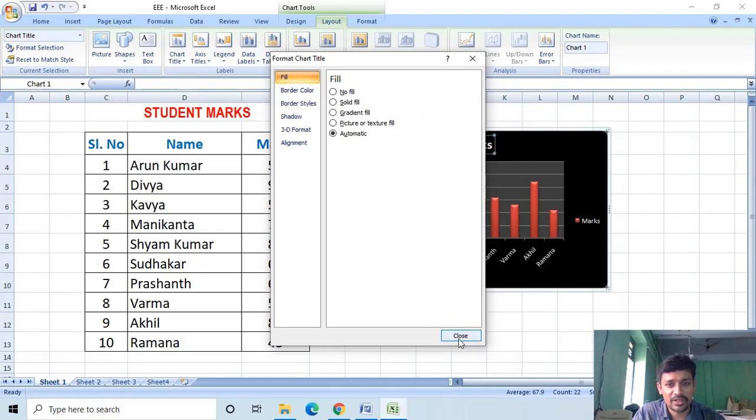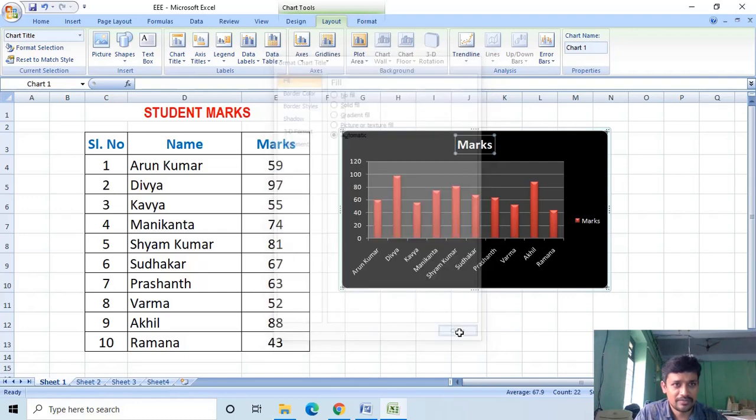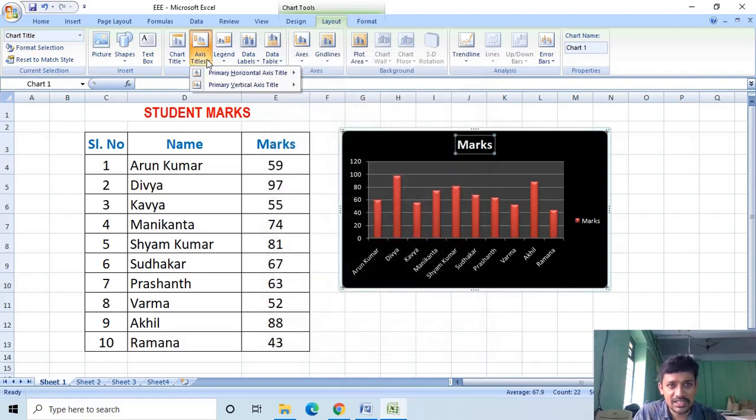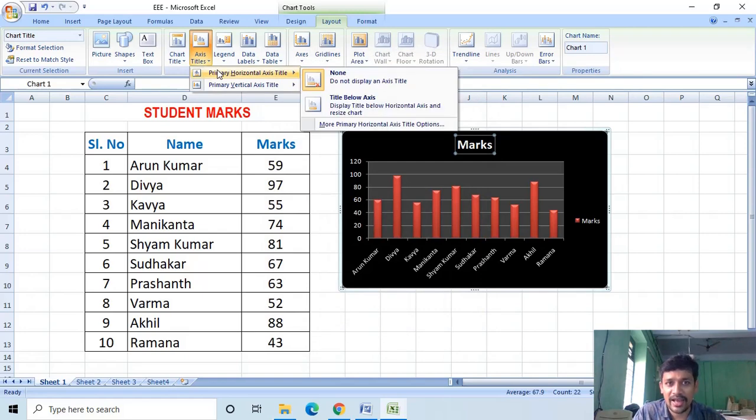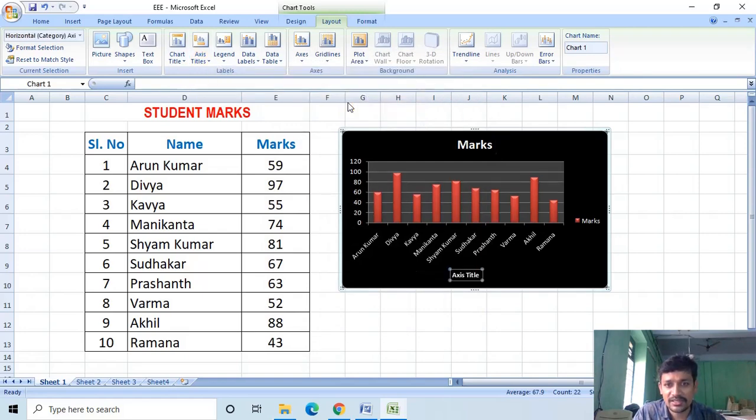You can modify the chart title. Axis titles: you can also add axis titles below the axis. You can add the axis title as student name.